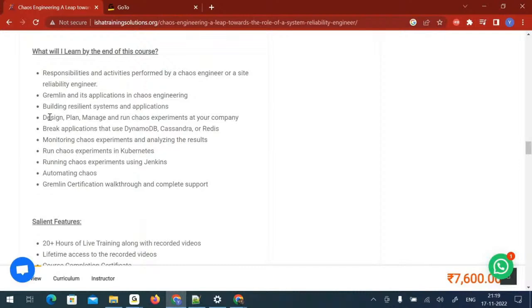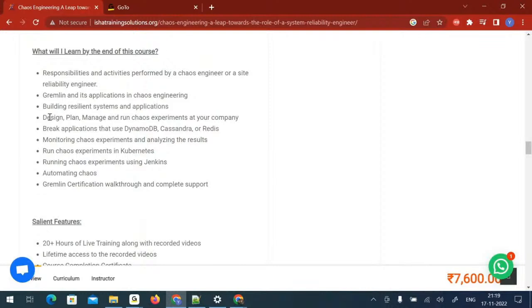So ultimately the question comes to ROI, right? The return on investment, what you give. So ultimately it's the question you need to answer: how you can add value using chaos engineering. So these doubts will be cleared once this course ends, and you will be able to answer these questions